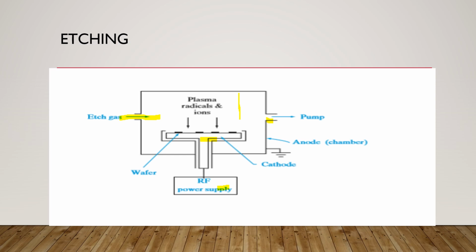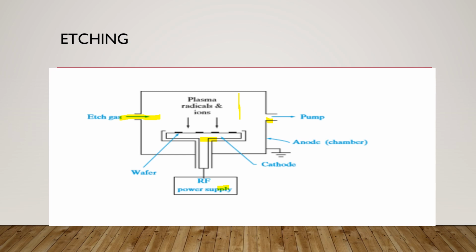A high DC voltage, 100 to 1000 volts, develops across the sheath next to the RF powered cathode, such that positive ions gain kinetic energy by being accelerated in this region and bombard the wafer normal to the surface. This bombardment and normal incidence contributes a physical component to the etching that makes it anisotropic. Physical etching, however, is rather unselective.